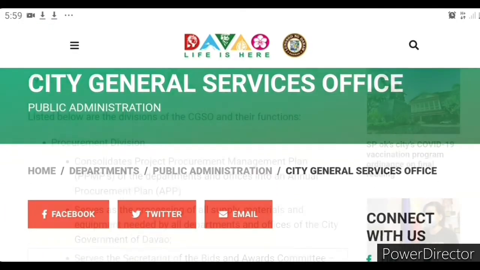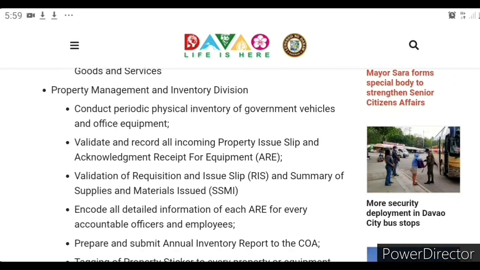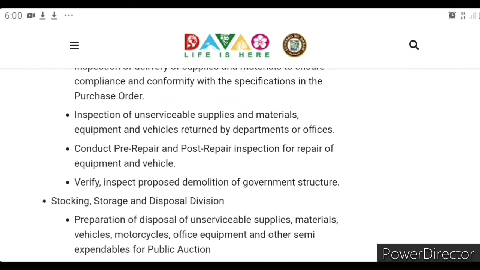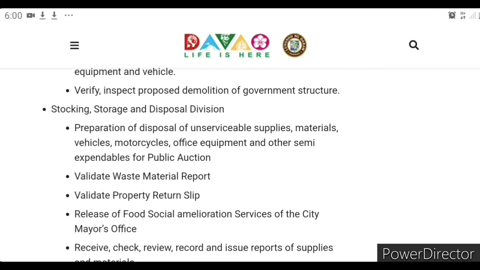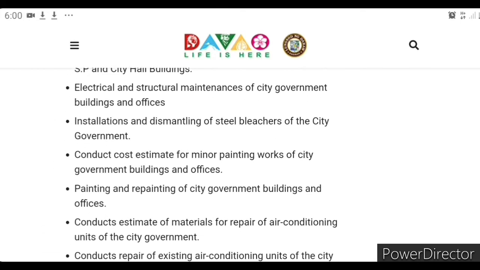As we can see on their official website, they provided a list of divisions of the CGSO under functions. Now, since we are talking about the property inventory and maintenance, let's go to the